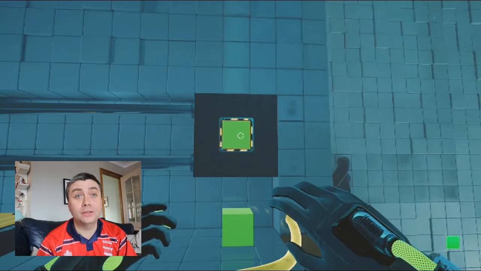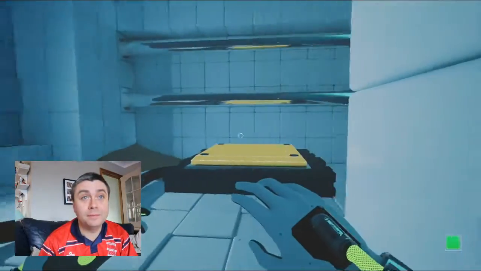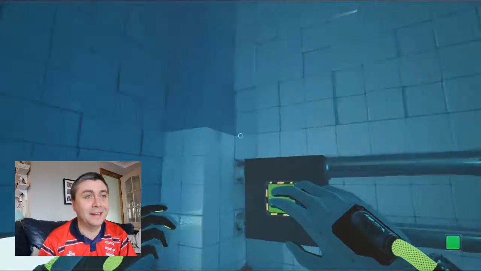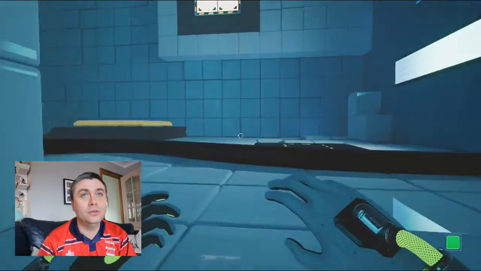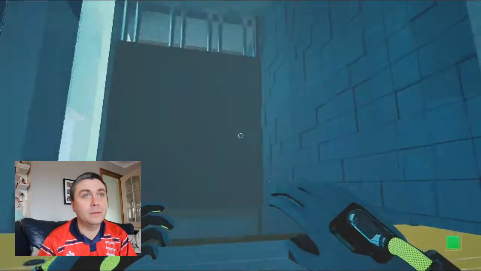So there we go, that's the green dropped. Now I'm going to run around here, finger on RT, getting ready, and go. Oh, just made it. So there's a little bit of skill involved in there. There aren't many levels with huge amounts of skill, but that is how we get up and jump, jump, jump. And now we want to get...